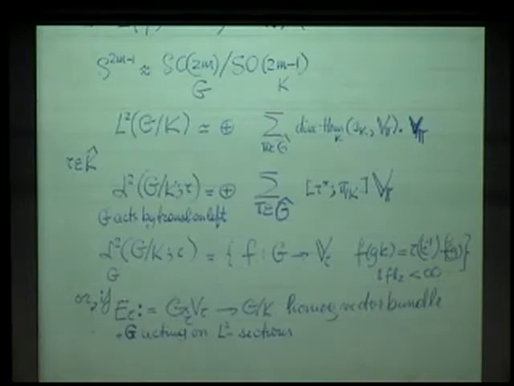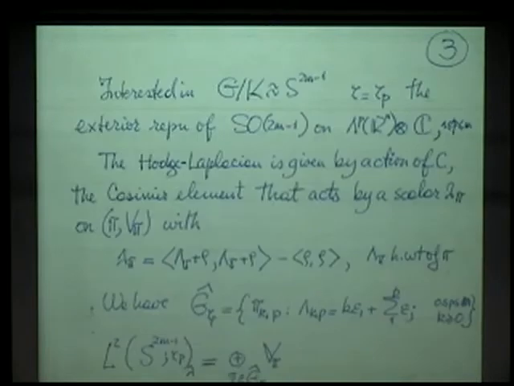We can also look at this representation by taking a homogeneous vector bundle, E_tau, defined like this over G/K, and let G act on L2 sections. Okay, so now we are interested in the sphere case, and tau will be tau_p, the exterior representation of SO(2m minus 1) on lambda^p of R^n